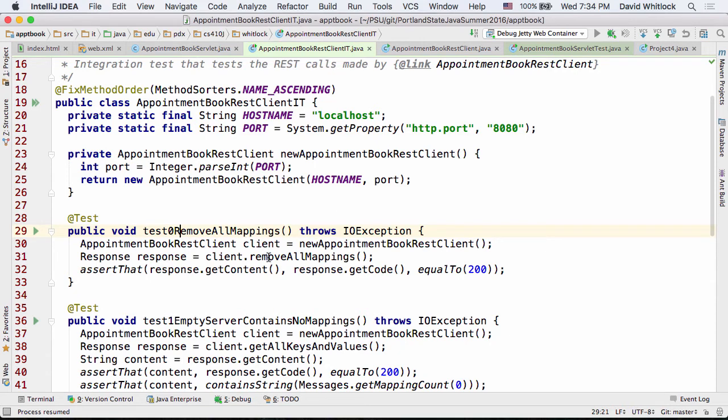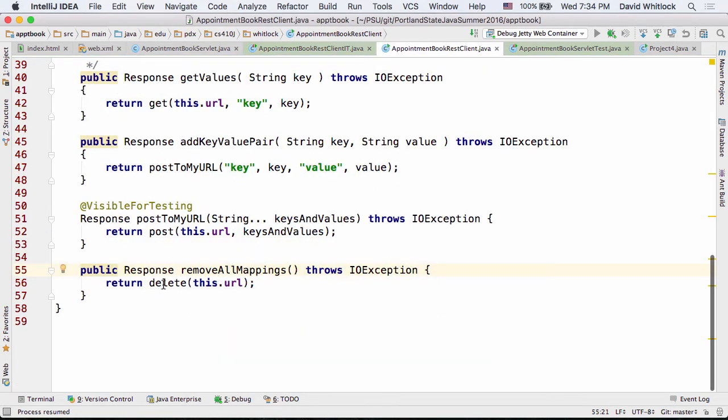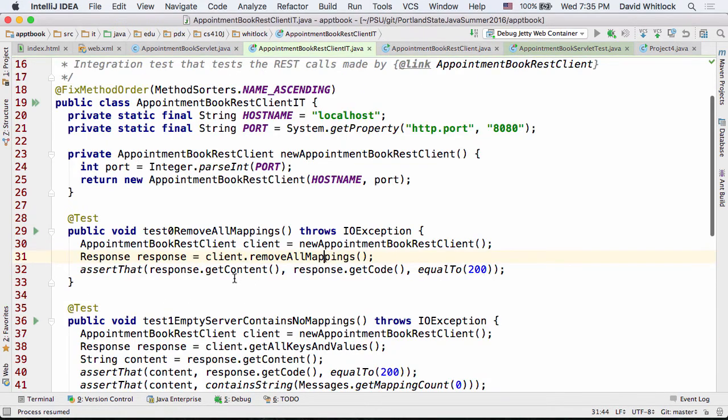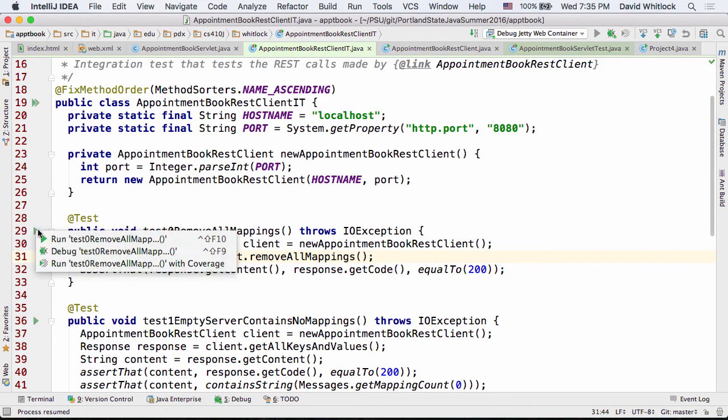It'll call remove all mappings. And then it says assert that the code returned by that response is 200, meaning I can call delete, it'll call remove all mappings, which will then call the delete of the URL and remove all the mappings. So now if I go in and run this,